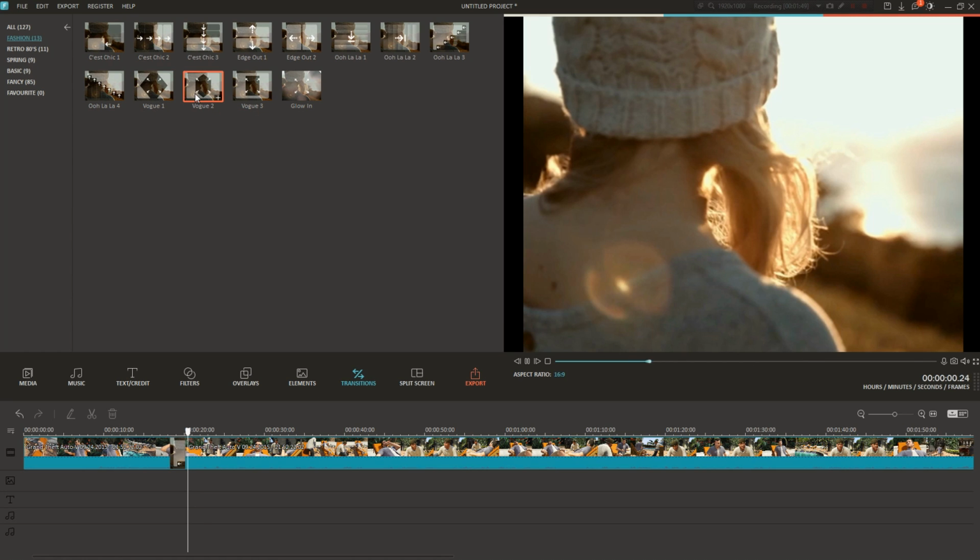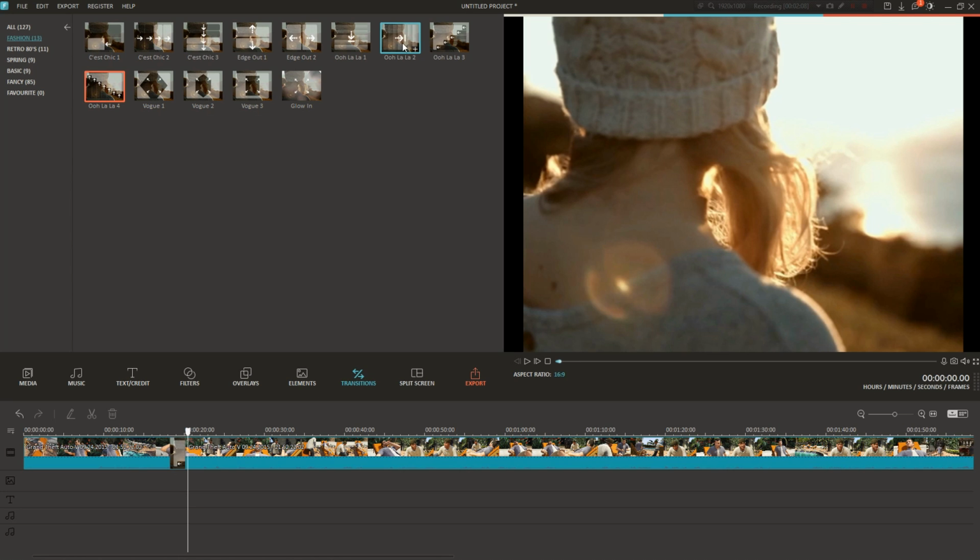Again, I'm just double clicking to preview them. Super cool stuff right here. Again, the ones inside the fashion transition or the fashion effect pack, the transitions are very simple, and I like them because they're fast, simple, and sweet. Very, very cool stuff. Last thing I want to take a look at inside this whole fashion effect pack is